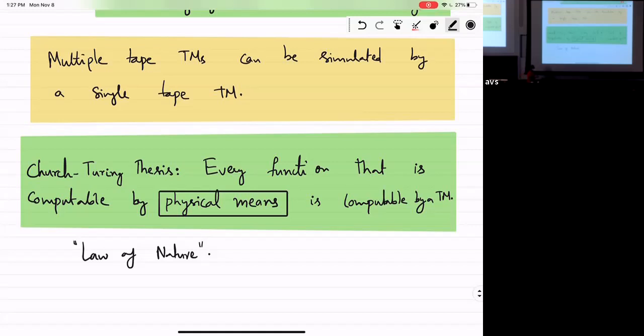So for most models of computation that you can think of, you can show that they are implementable within a Turing machine. But that doesn't mean that you can prove this thesis, because tomorrow someone might come and say, what if I use some black holes to do some computing somewhere? Well, we believe that that should still be simulatable by a Turing machine. If not, that's like a new sort of experiment that we need to figure out. Okay? So it's remarkable that now we have a model which we think is going to withstand the test of time no matter how many years you go on.